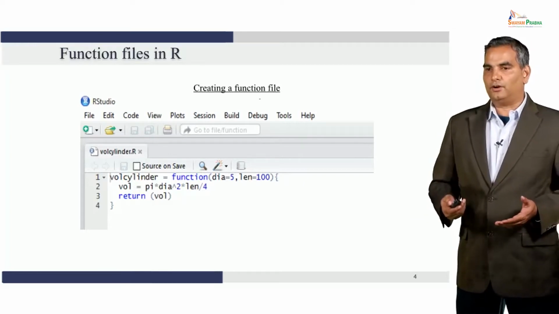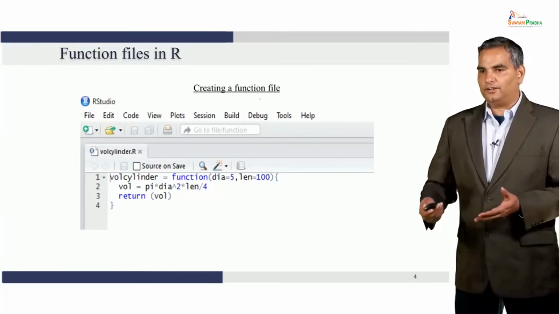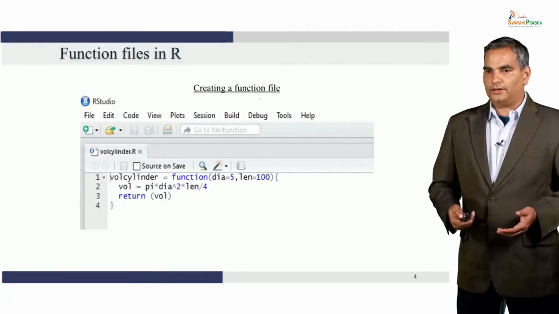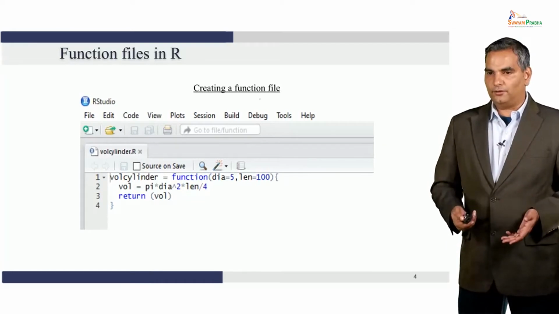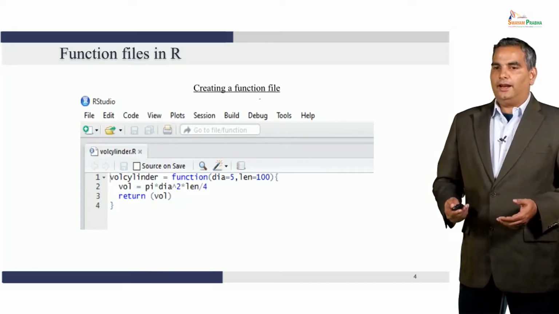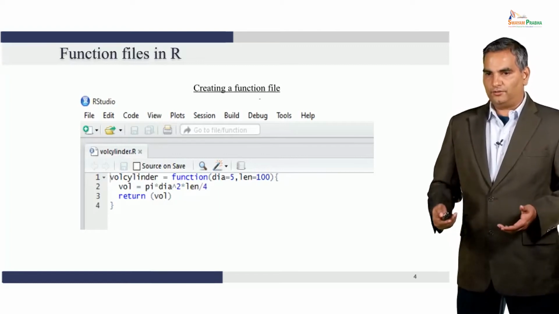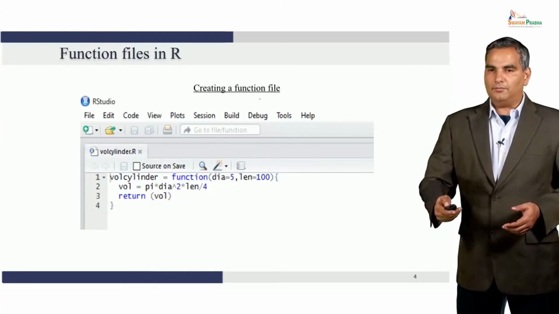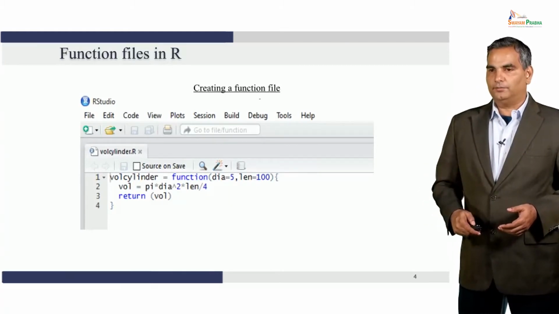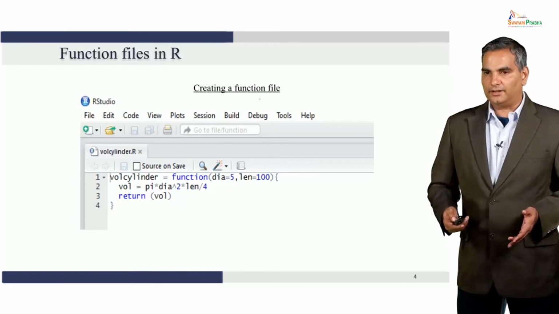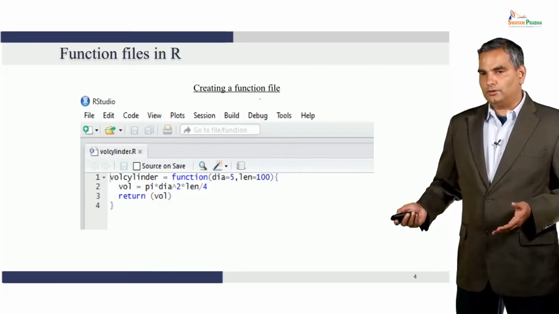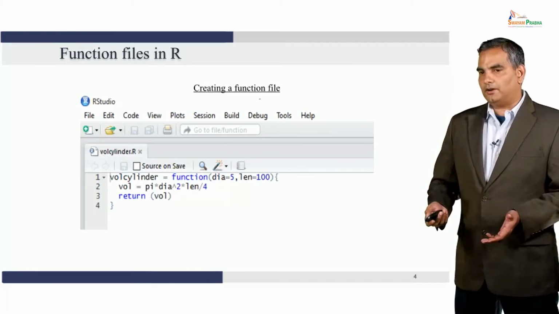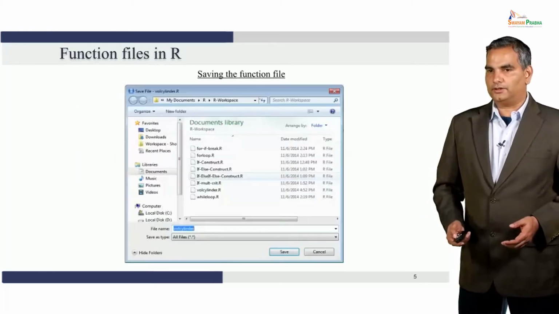And we could have simply said diameter, length. Here we also give a default value, which is diameter equal to 5, length equal to 100. And once you go inside the function, the volume is basically calculated as pi times diameter squared times length divided by 4, which is the formula that you see. And the output from this function is the volume, so you're returning volume. The key thing to notice here is you also name the file as volumecylinder.r. Once you name the file as volumecylinder.r, then you can go to the console of RStudio, and when you invoke volume cylinder with appropriate arguments, the volume of the cylinder will be returned.